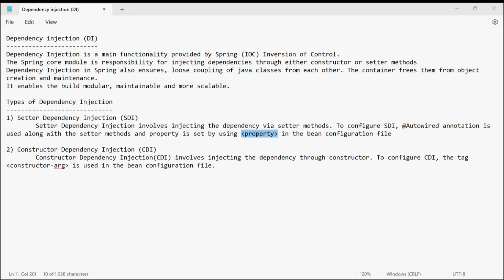In the bean configuration file, I gave the configuration like this by using a bean tag. So the bean tag is created and the ID is assigned as ID1. Assigning the ID is also your choice. This particular bean is created for the class KLU.faculty, because the faculty class is available in the package KLU. So we need to provide the complete path here. Then with the help of the property tag,